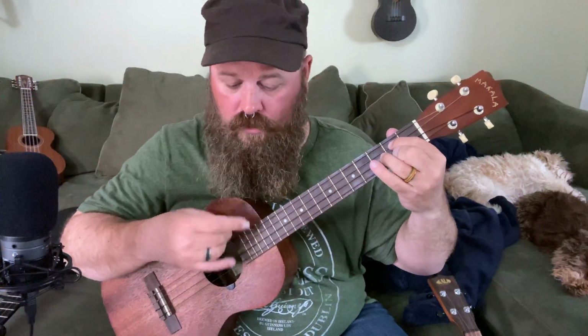Now, in order to mute those 2 other strings and not hit them by accident, what I'm doing for that beginning section is I'm making my D chord, or the shape of the G on a regular ukulele, and I'm allowing these fingers here to just sit on top of the notes to mute them, so that I don't have to be so precise with just making sure I'm hitting the top 2 strings, because the other ones